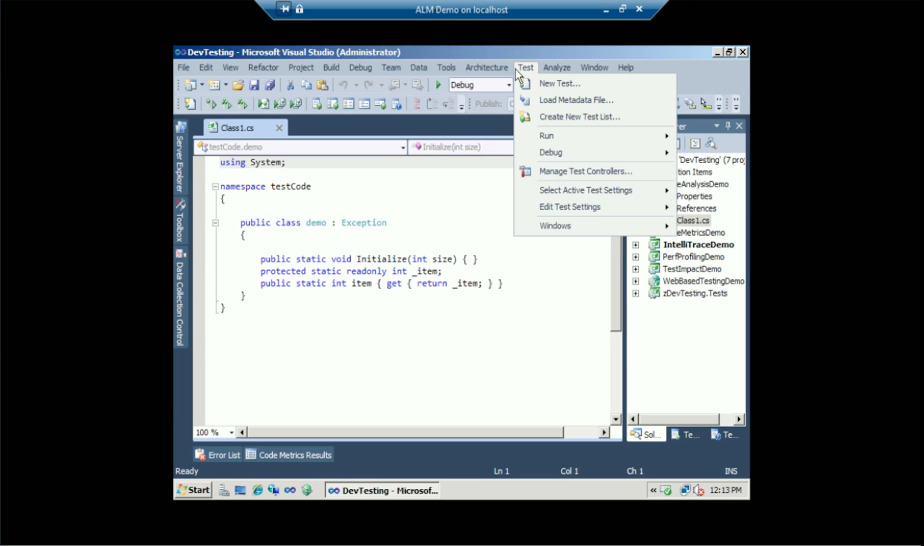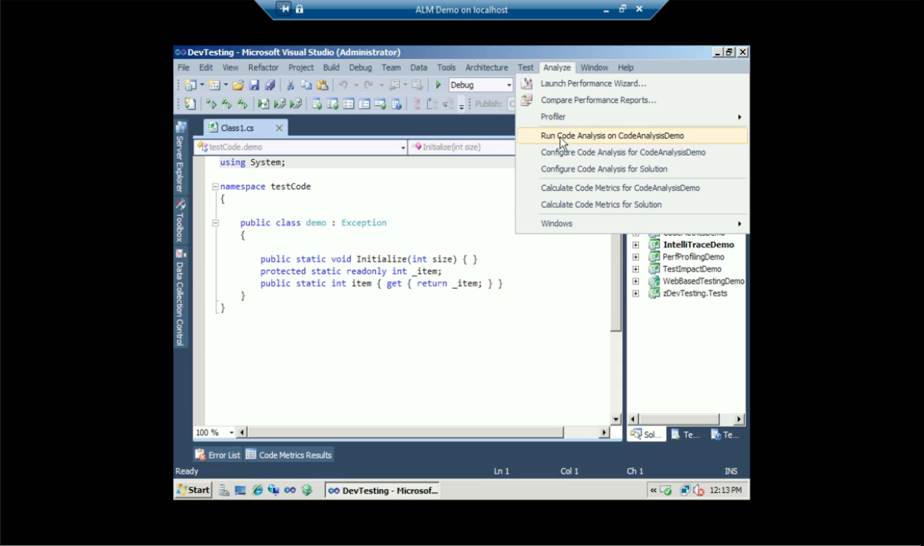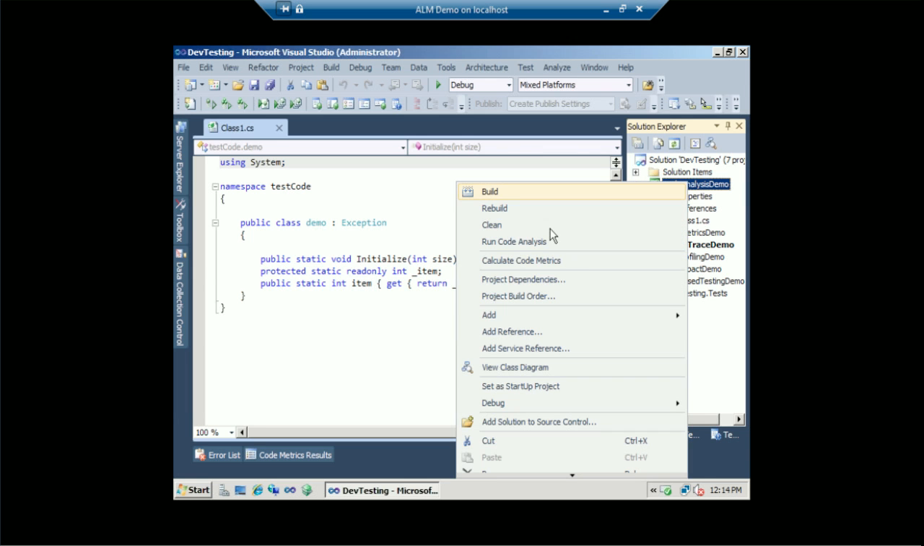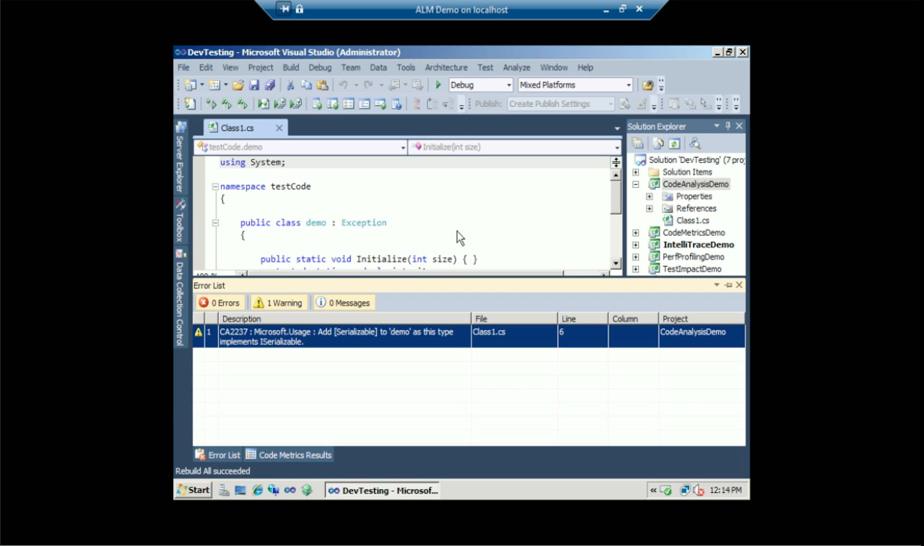But if you're not quite sure about that, or you've been assigned to run some code analysis, really all you have to do is run code analysis a couple different ways. You can go up to the Analyze menu and choose Run Code Analysis, or you can right-click on your project and say Run Code Analysis. I'm going to go ahead and run my code analysis, and what it will do is build the project, then run the code analysis against that,